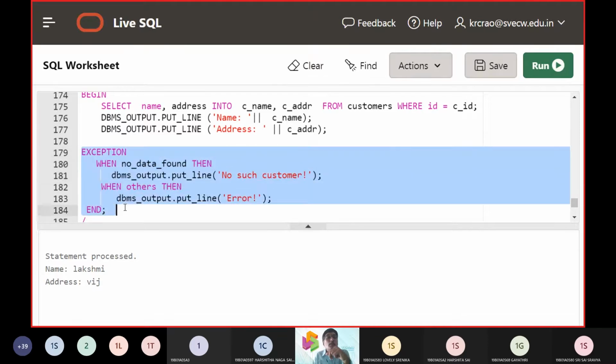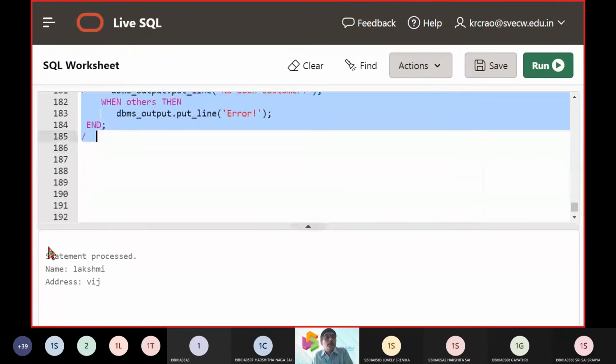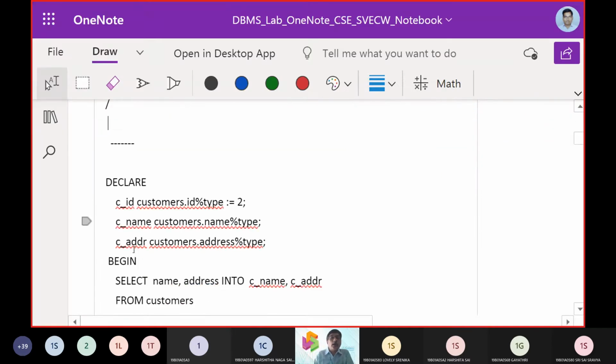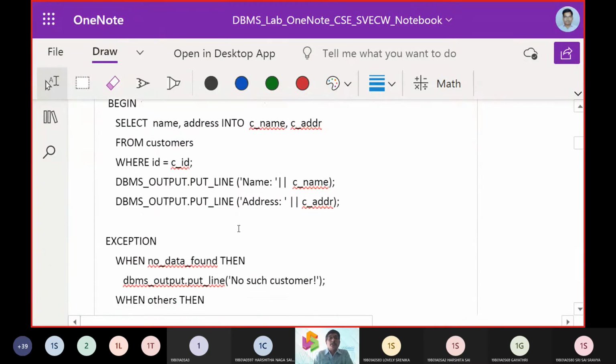The more or less equivalent content in PL/SQL is that we are going to have an exception WHEN NO_DATA_FOUND, which is a predefined reserved word, and then it is going to say no customer exists. So now I'm going to put variable number 9 and you can see the answer at the bottom. So no customer is going to be displayed. That was condition number 1 that we changed. After that we took the positive case, right? The second case we took. Okay, that is done.